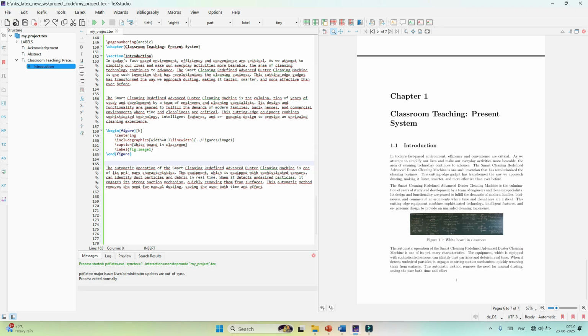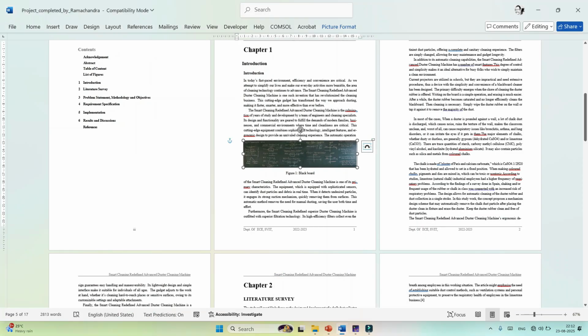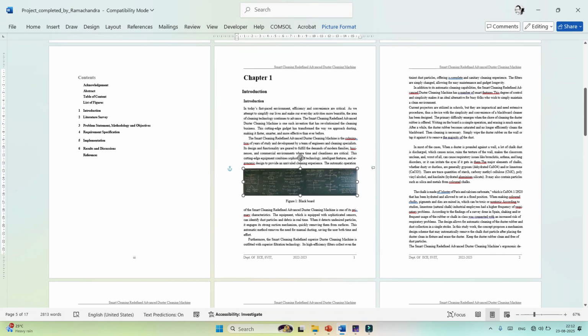If I put H T B, here H means here, T means top of the page, and B means bottom of the page, so it will select the best option on its own. I selected this option, let it be that option only. So after adding the image, you are able to see the further